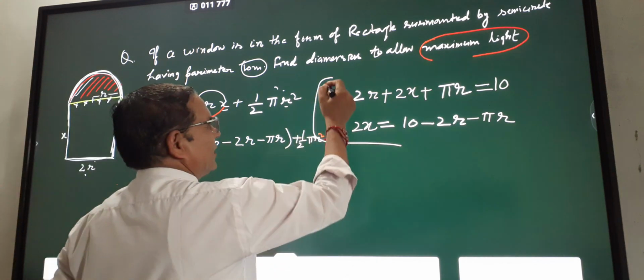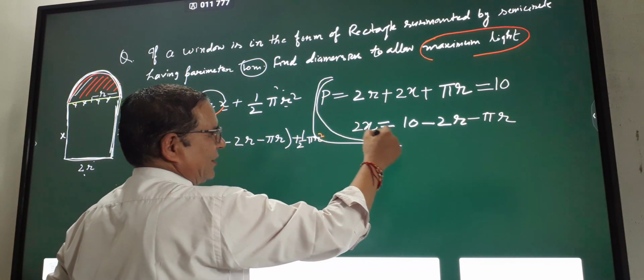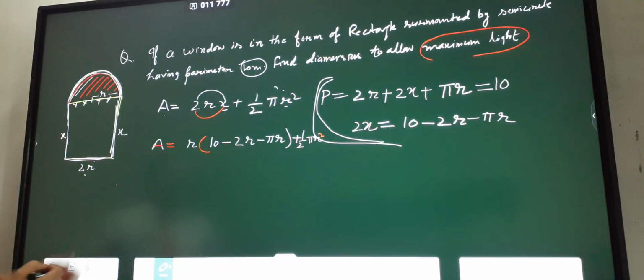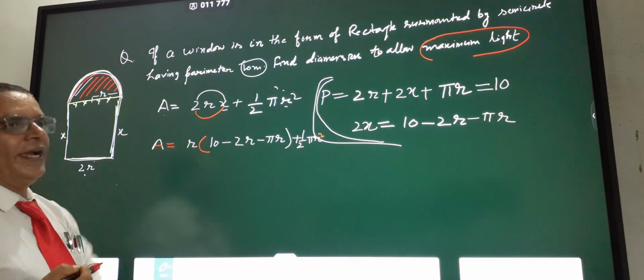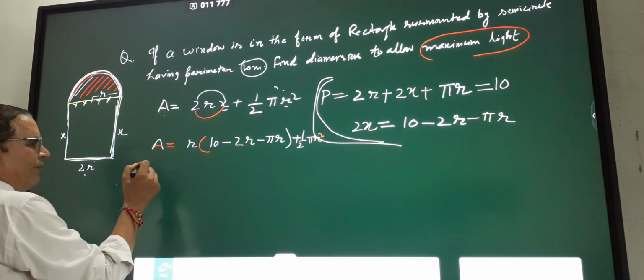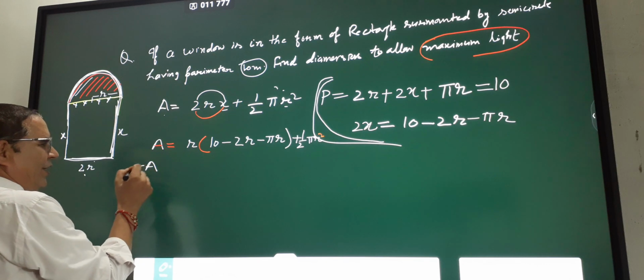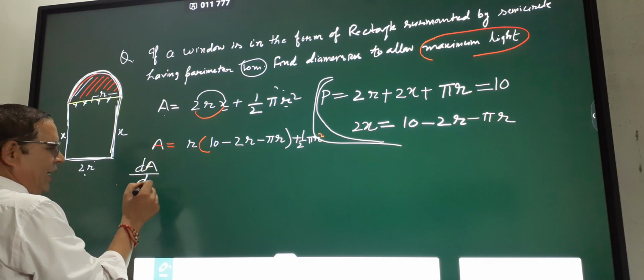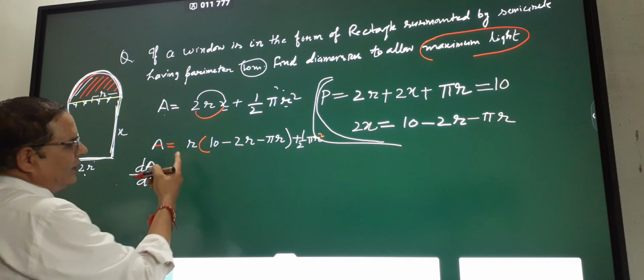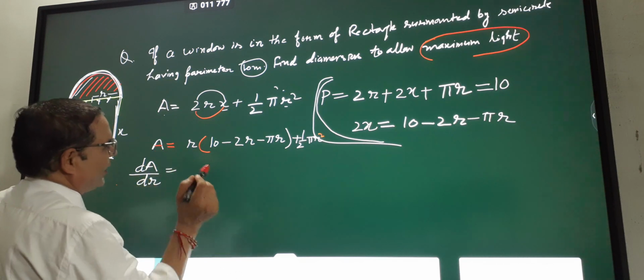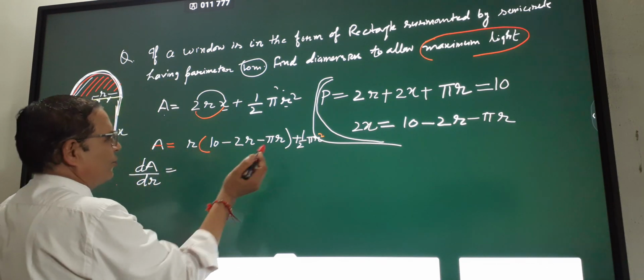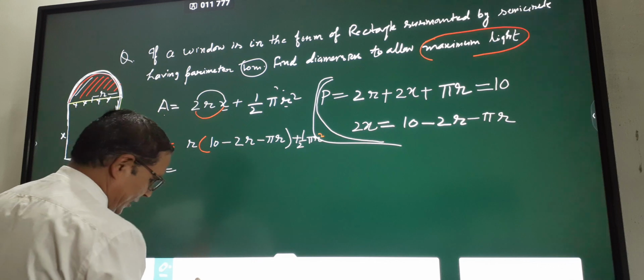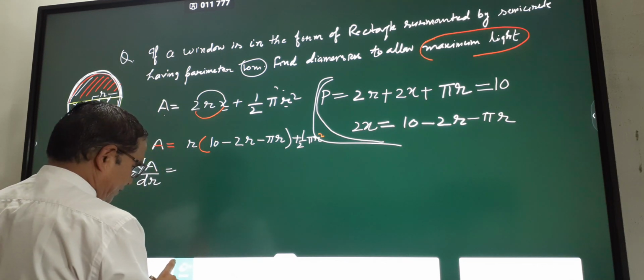Now how many variables are there? Only two, A and r. Differentiate now. Very simple thing. So dA upon dr is equal to what? With respect to r we are going to differentiate. First multiply, and go for the product. Let us take one more step so it will be easier.